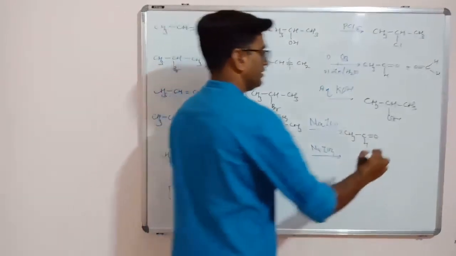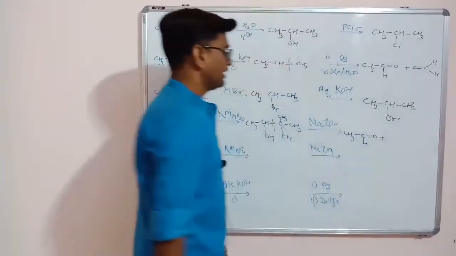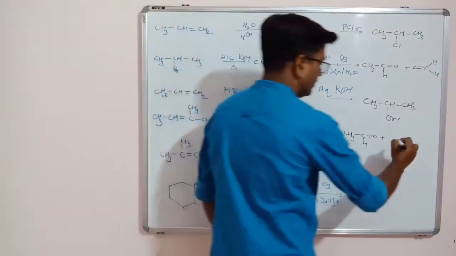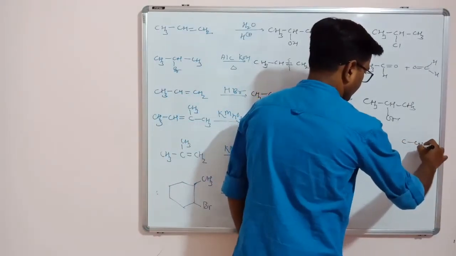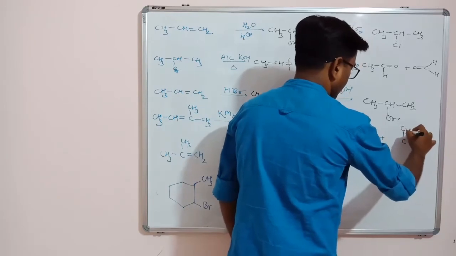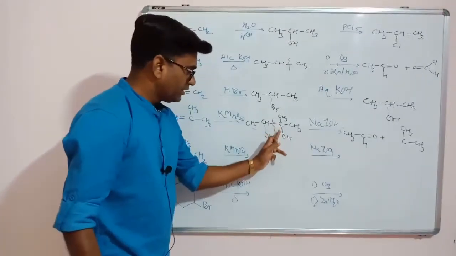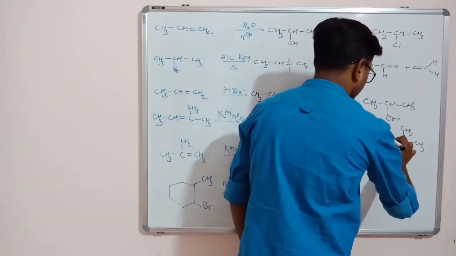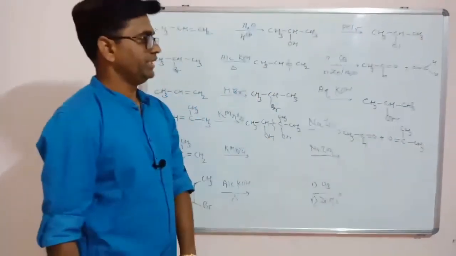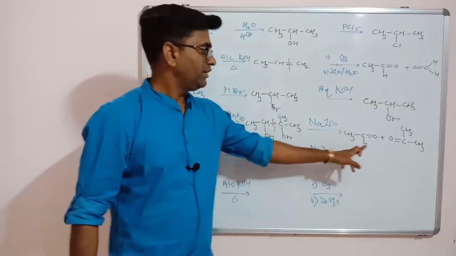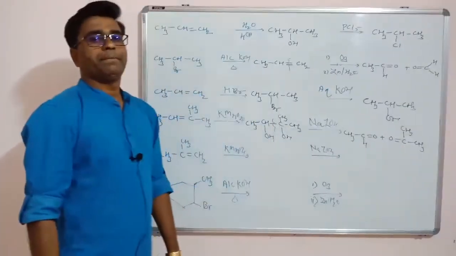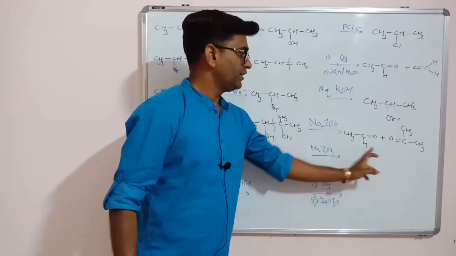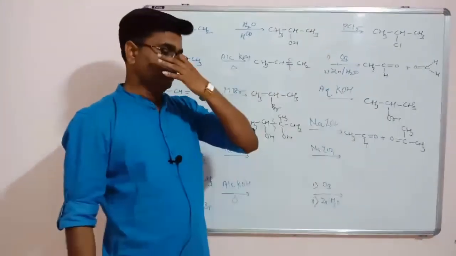Second, now you have to write a second product, this bond will get chopped. So this R group remains as it is, that is carbon CH3, carbon CH3. So instead of carbon oxygen single bond, you have to write carbon oxygen double bond. So these two products you will get. This is acetaldehyde and this one is acetone. Name is 2-propanone, name is ethanal. So these are the two products you will get.